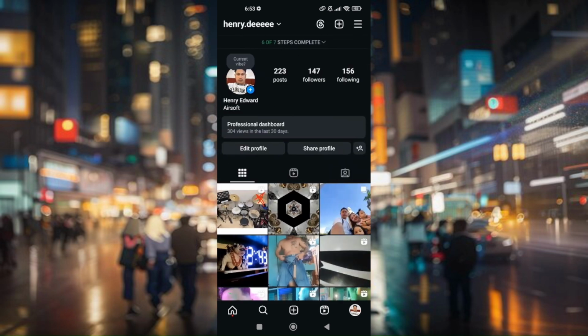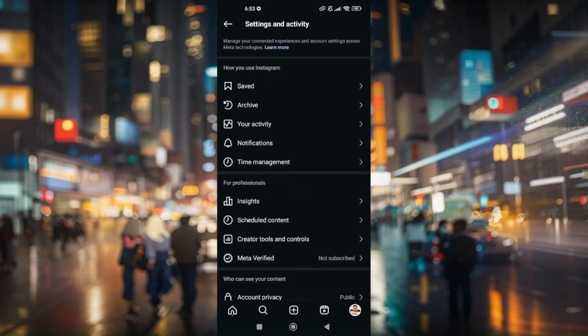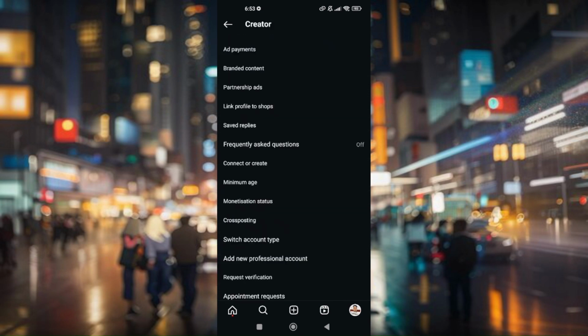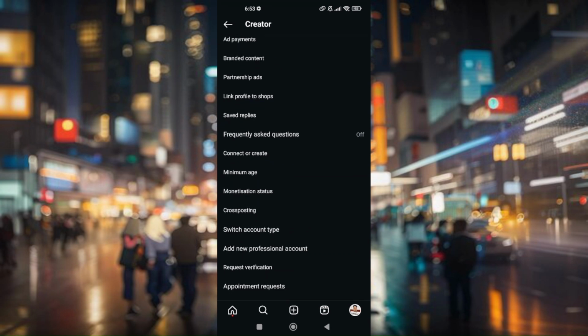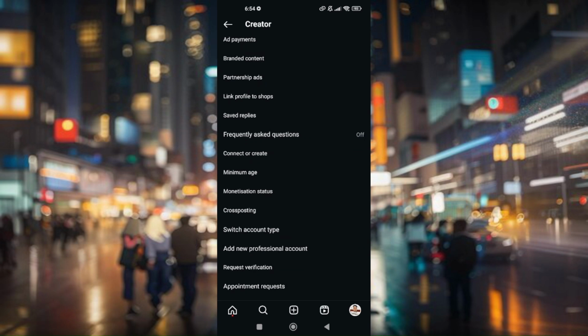have to do is go back to the three lines right here, then scroll down, go to Creator Tools and Controls, and from here, you go to Monetization Status. Now, right here, this will be a specific page in which you will know if your account is capable of getting monetized. Now, once your account is able to be monetized, all you have to do is to add